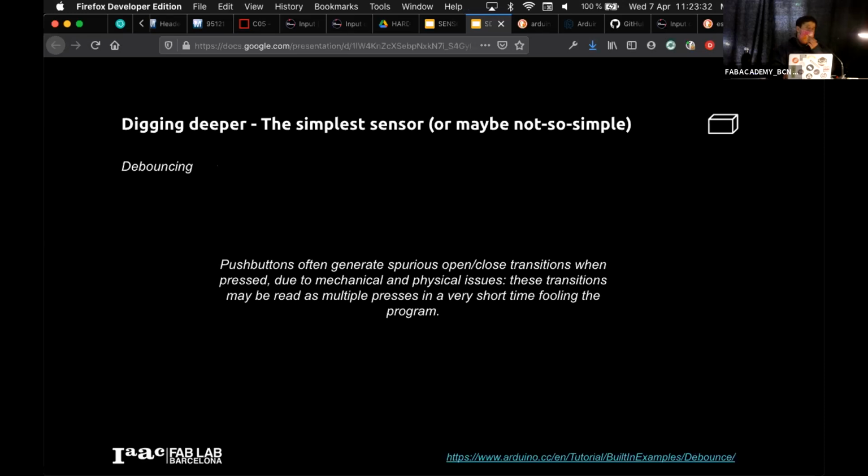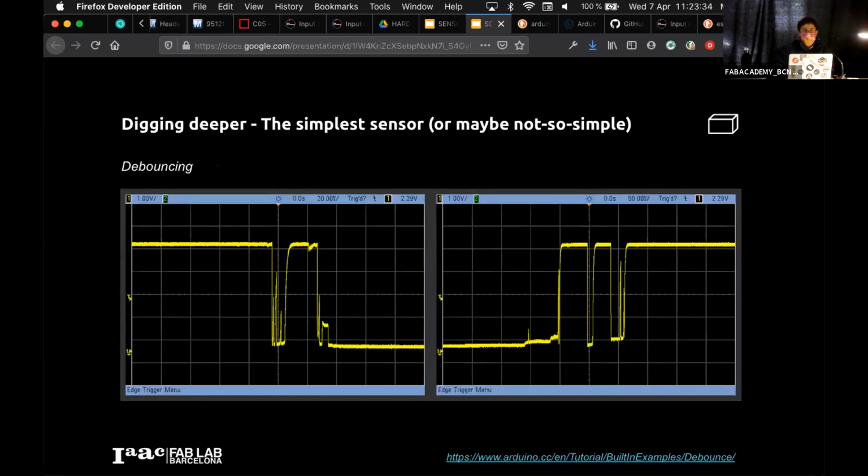Another problem that can happen when you press a button is this. Understand that when you are using a microcontroller, you're reading really fast. When we read the pin with a digital read in the loop of our Arduino, we're reading the button at, I don't know, 10,000 times per second. And when you press the button,